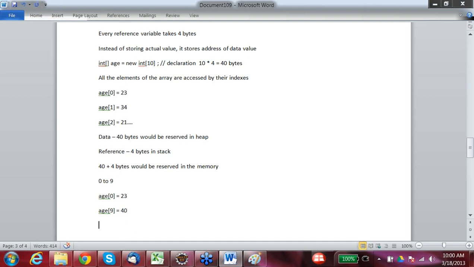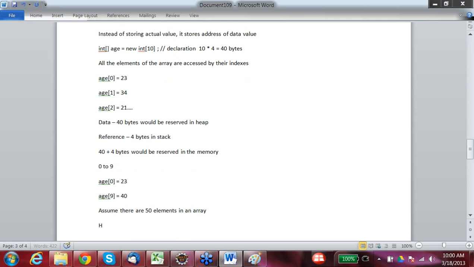So assume there are 50 elements in an array, how would you access the 45th element?